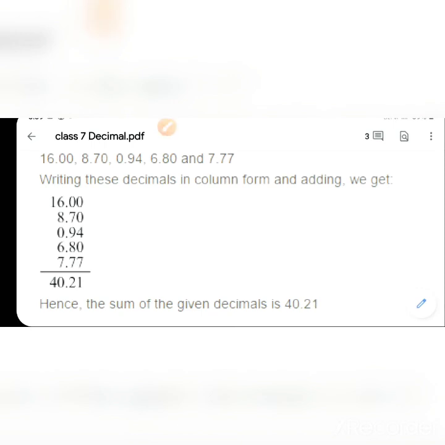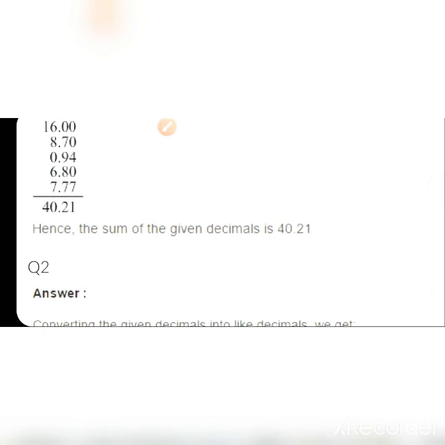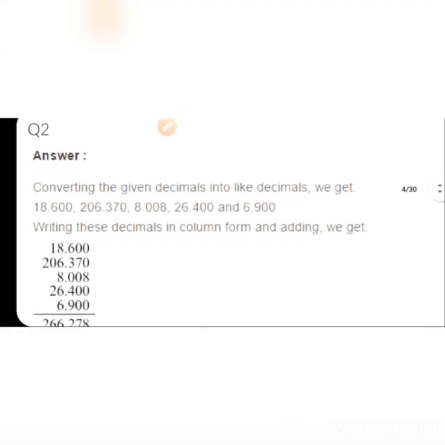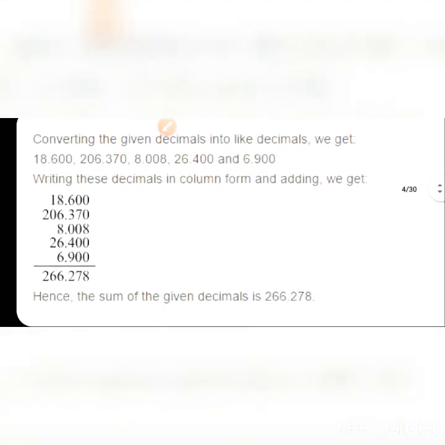You need to convert them into like decimals, and then you have to add them by arranging them in a proper way, that is by writing the decimal part below the decimal part and the integral part below the integral part. Decimal part in one column, integral part in one column, and the decimal point in one column, and then you'll have the sum of all these by adding. The rest of the questions have been done for you. I'm just showing the solution to you. Just the solution is provided here.